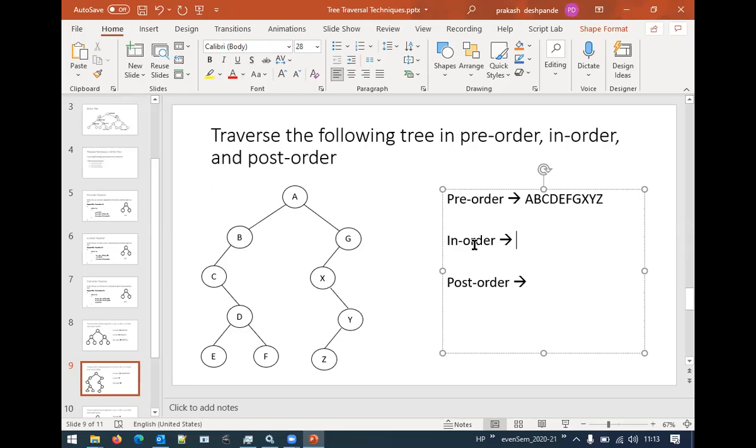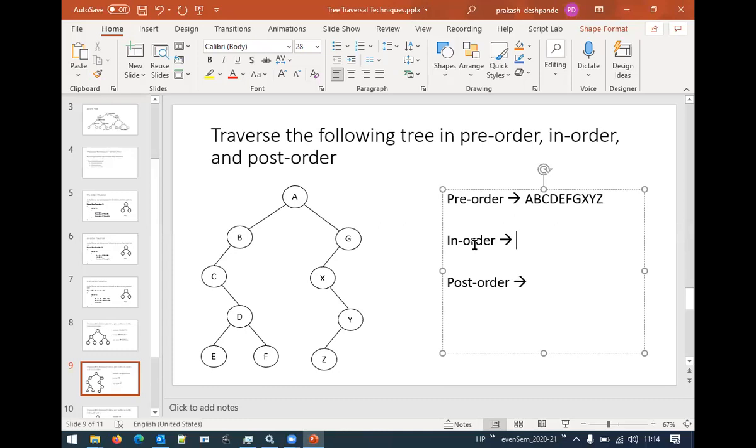Understood? Now C is done. Left of this there was nothing. We write now the middle from that. We place root at the middle. Now we should go to the right of C. On the right of C, what do we have? D. Is it a root? Yes. That means we should not read this. We should go left of that. What is there on the left of that? E. Is it a leaf node? Yes. That means read E. Correct? Now, after I read E, what should I do now? Middle, right? That is D. I get D.